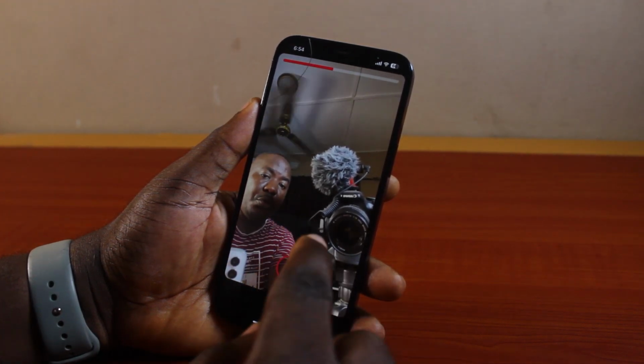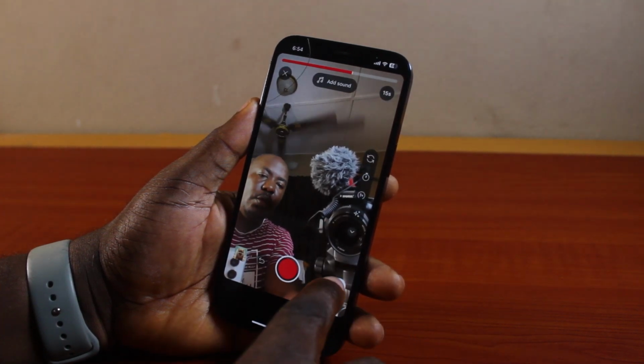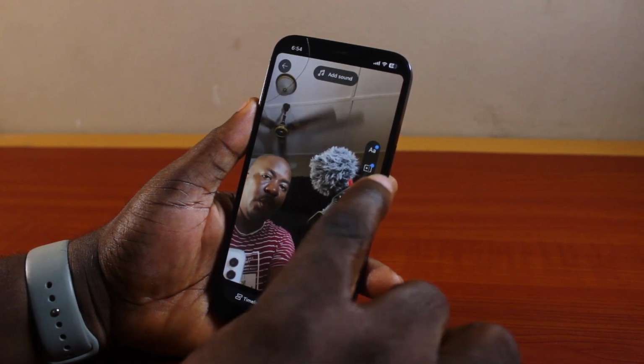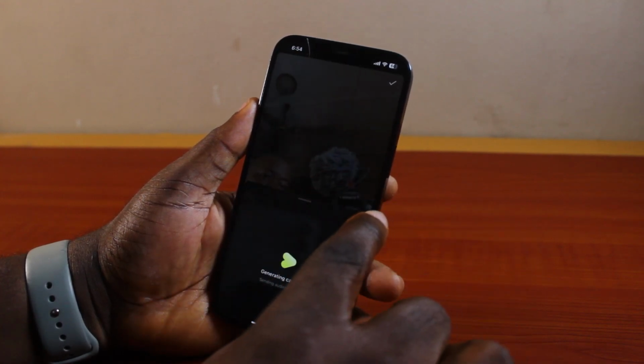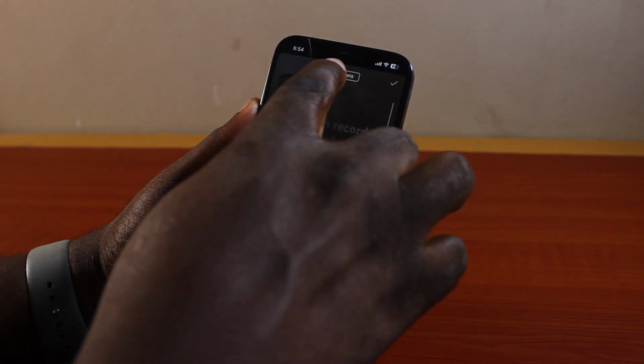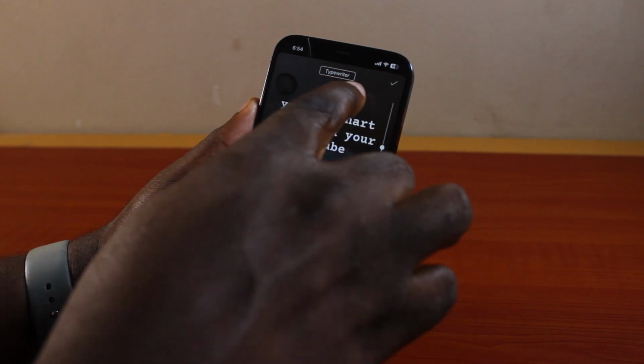And once you're done recording your YouTube short, then go ahead and click on the stop button. Then click on the check mark. Once you click on the check mark, then you should see captions here. Click on that. And then you should see it automatically generating the caption. You see that? Then click on YouTube sound here and then change the YouTube